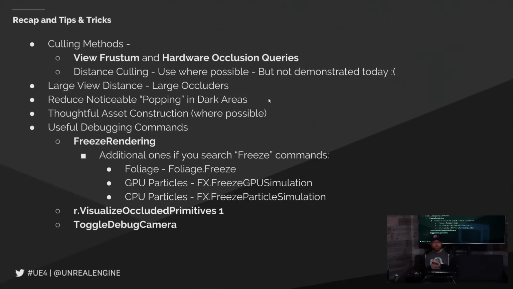A really good trick for doing these open worlds is that they have really large view distances. We want to use large occluders. For instance, if you had some hills or mountains, I'm going to use Fortnite as an example because I played the crap out of it. You have these really awesome viewscapes, but you notice we've got all these occluders as well, these really big mountains and rolling hills, so you're not always seeing everything.